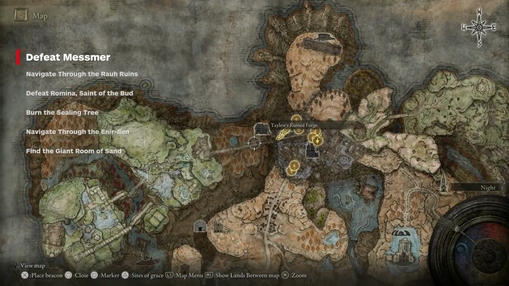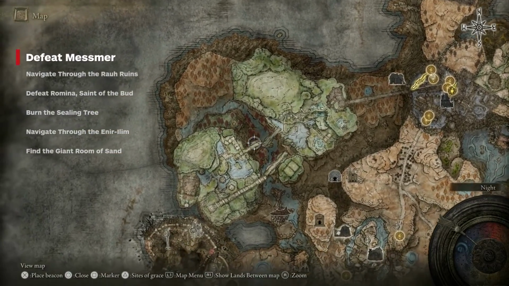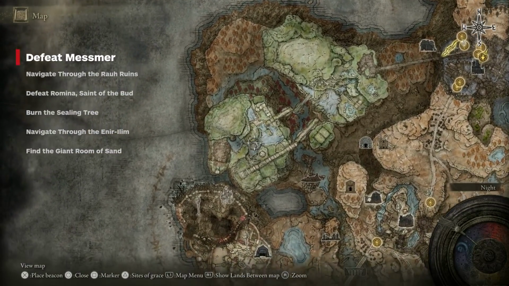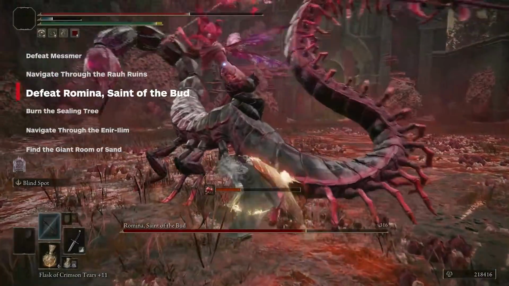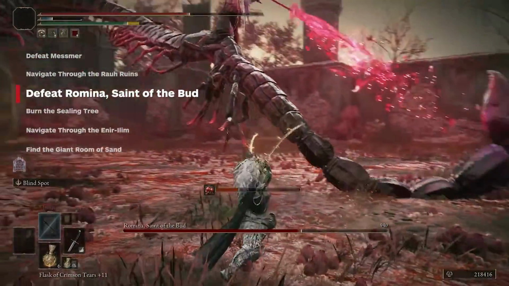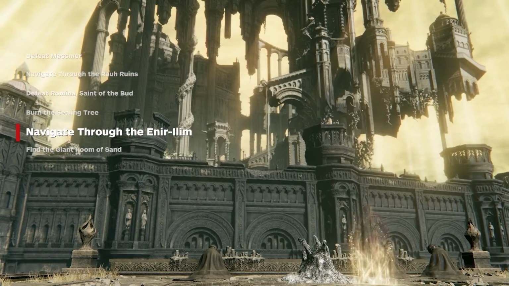Okay, it's time for another time jump. This is a big one. So let's say you already defeated Mesmer, because, I mean, let's be honest, I just told you to do that. You'll then leave Shadow Keep and make your way through the Rauh ruins. Defeat Romina, Saint of the Bud, burn the Sealing Tree using Mesmer's flame, and then arrive at Enir-Ilim, the final